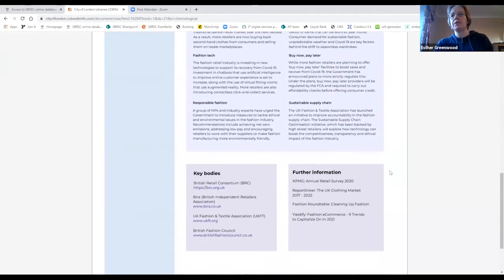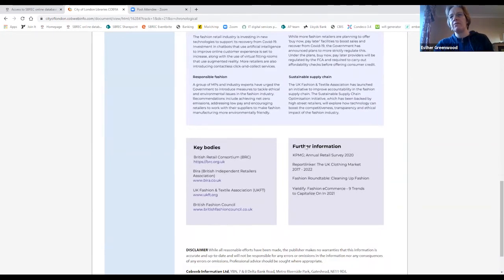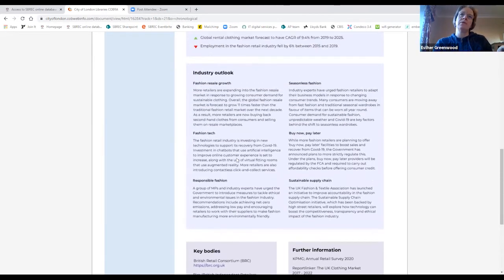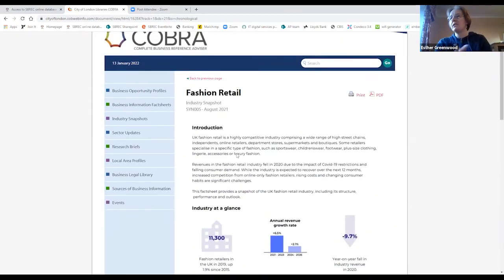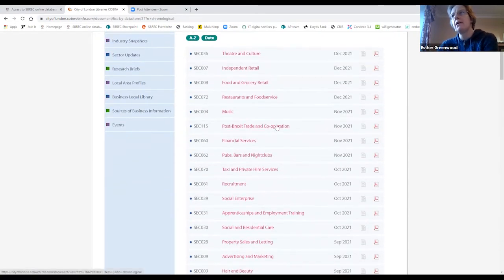Again, at the bottom, it lists some reports that have been written here on the right, and here on the left, some of the trade bodies that are active in a particular sector, such as the British Retail Consortium, for example. So these industry overviews, these industry snapshots, give you a nice overview of what is happening in a particular industry at the moment. Alongside that, just below it are the sector updates, and these are pieces of news about a particular